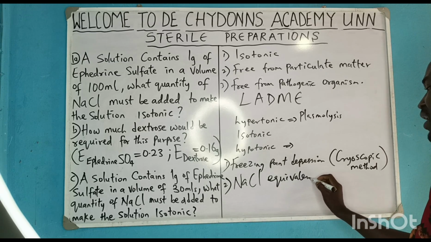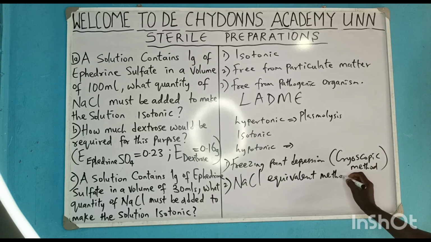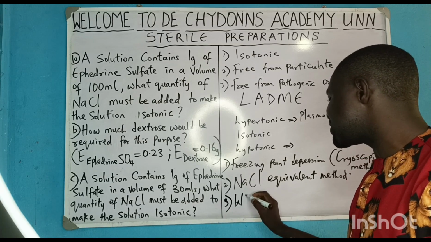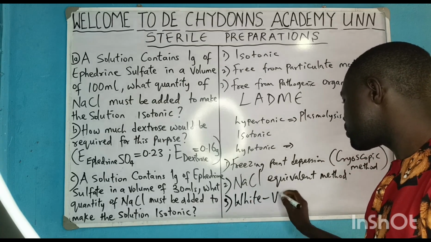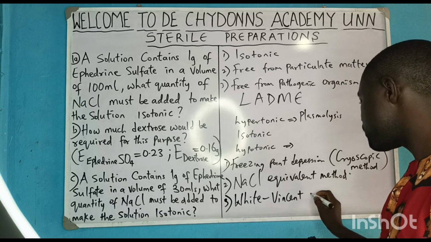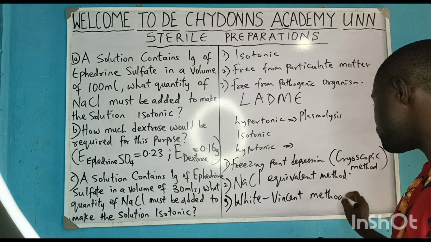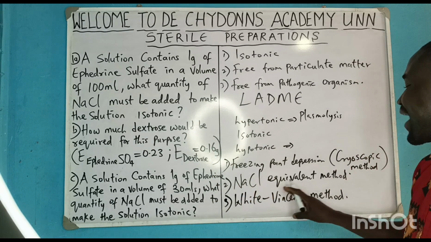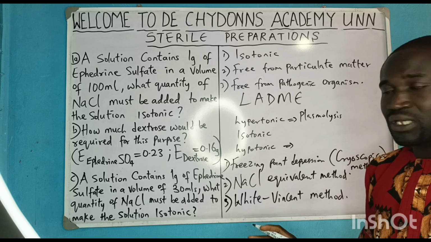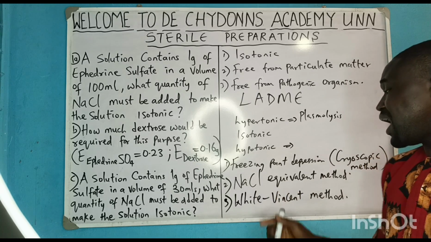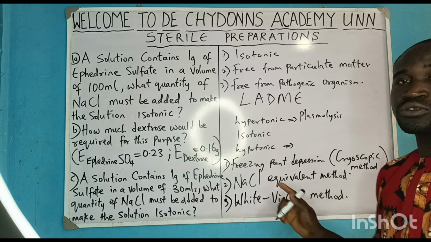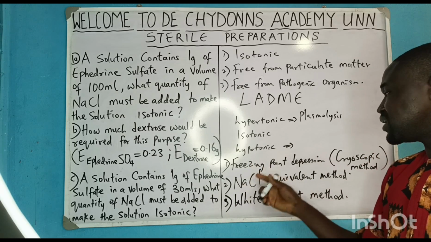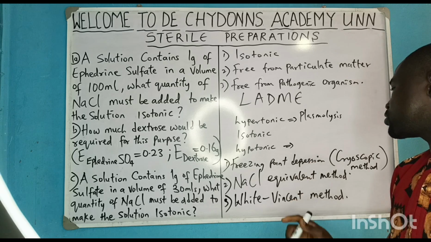And number three is the White-Vincent method. But in this video, we will be discussing the sodium chloride equivalent method, so to speak. That is what we'll be discussing in this video: how to use the sodium chloride equivalent method. Then in subsequent videos, we will also discuss how to use the freezing point depression method